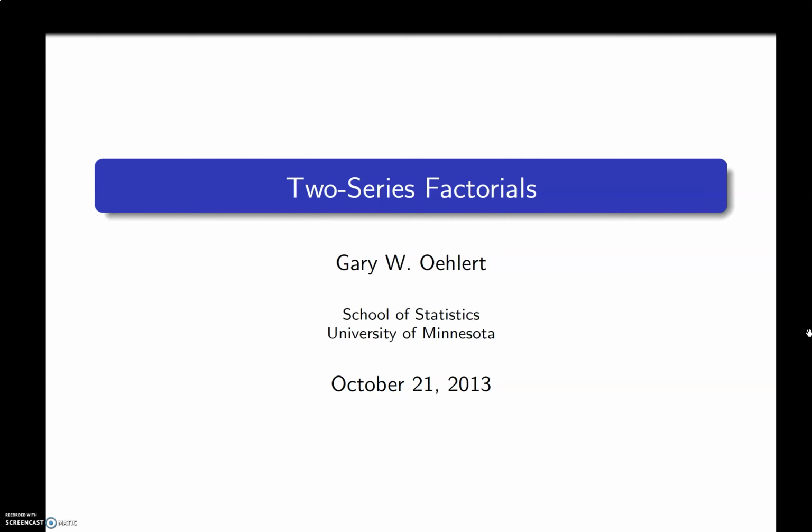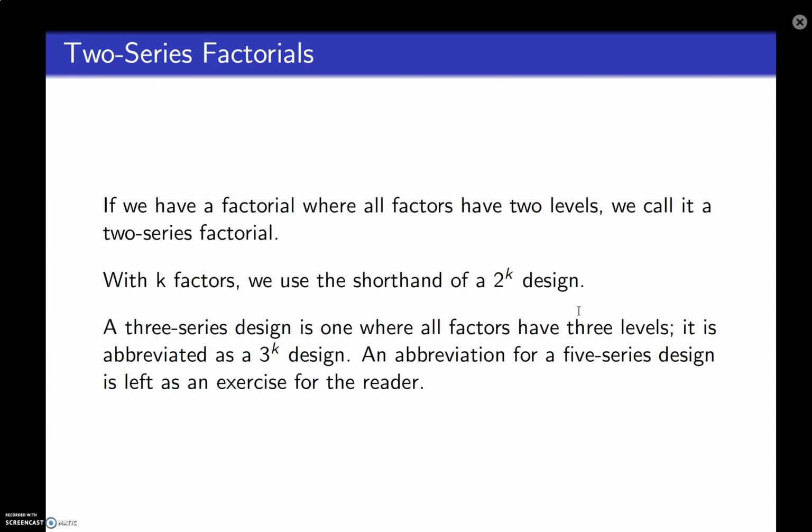All right, we're going to talk about two series now. Two series are just a special case of regular factorial models where each of the factors specifically has two levels. So there's a whole way of notation that we use when we work with two series in particular. They are distinct from other factorials only in that they have two levels rather than more than